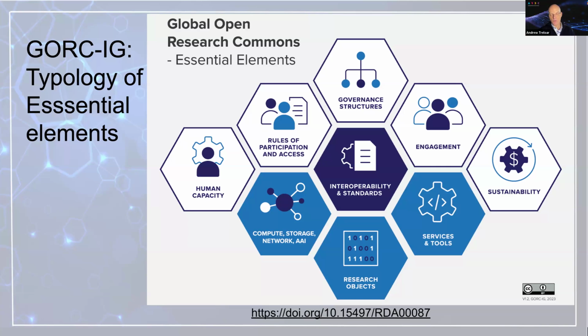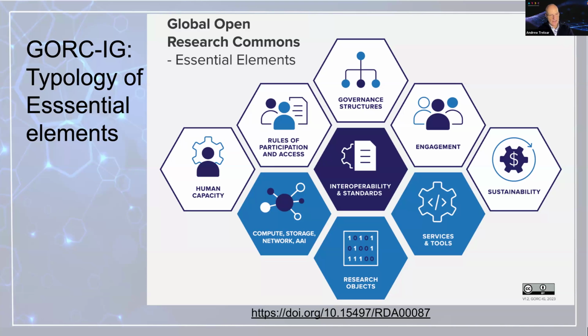You know, you need to eat at least one of each of the elements in the food groups each day. Here, you need to have at least something in each of these quadrants. There's a document that's linked from the URL at the bottom, the DOI at the bottom, which goes into much more detail. But very quickly, the three mid-blue elements across the bottom are what you might think of as the